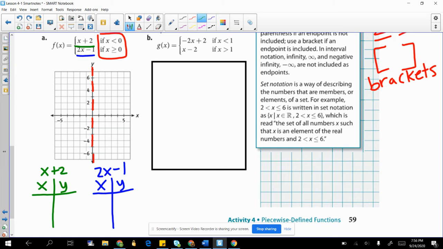And again, we just want to make a table with a couple of points, okay? So let's start here. Less than 0 means we could use -1, -2, -4, and you can pick any points. But we plug in -1 plus 2 is 1, -2 plus 2 is 0, -4 plus 2, -2. So let's go ahead and plot those. -1, 1, -2, 0, -4, -2,